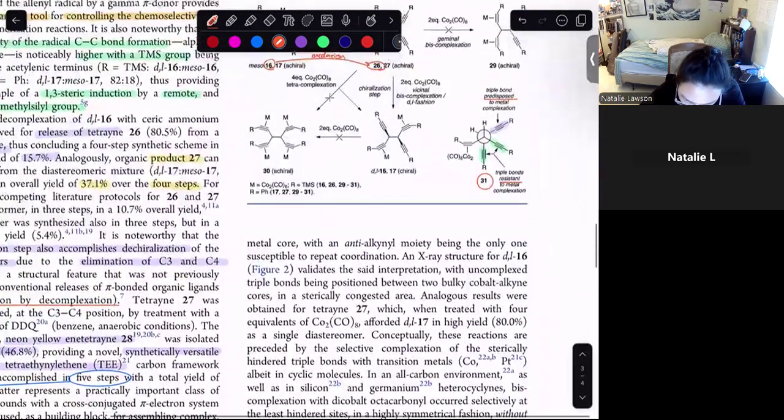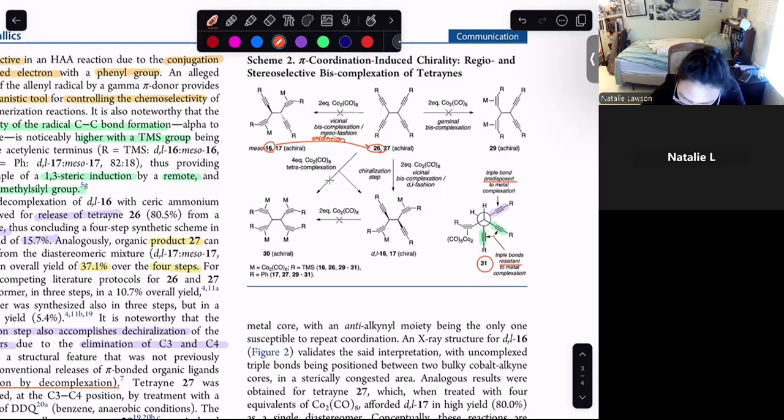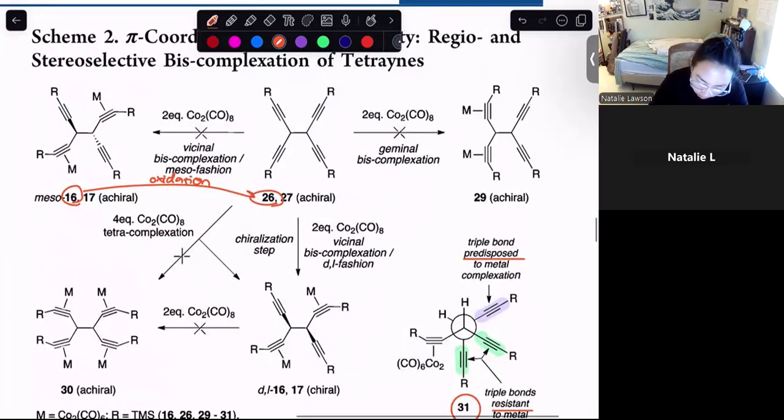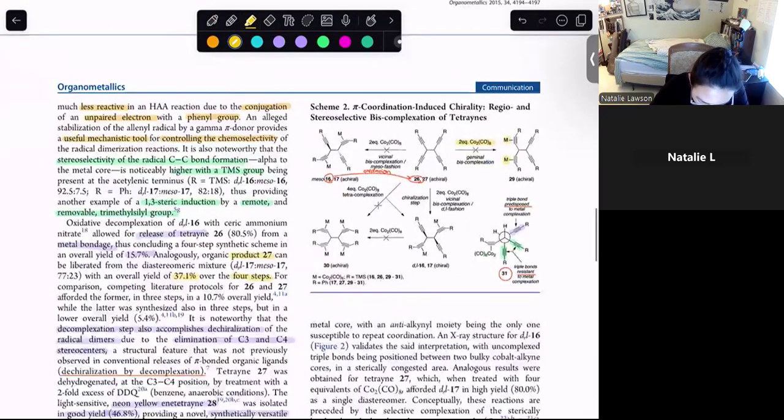So 26 to 29. Okay, yeah, right there. Two equivalents made 29. Geminal bis complexation. So it looks like we added metal groups right there. And then